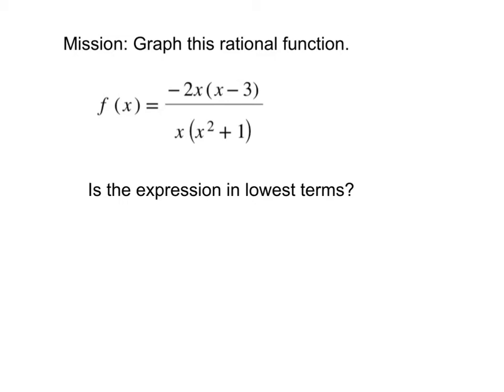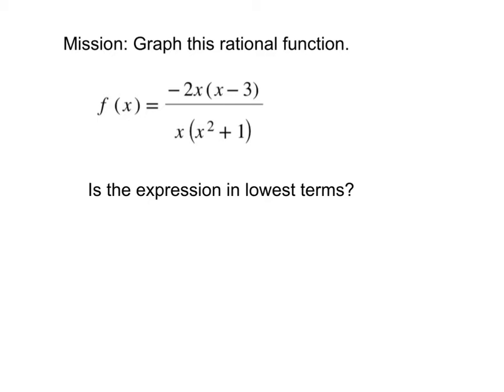This lesson is on explaining graphing rational functions. To do this, we're going to be locating holes and asymptotes. The first thing is to factor both the numerator and the denominator if possible. In this example, they already are factored, and what I'd like you to notice is that this expression is not